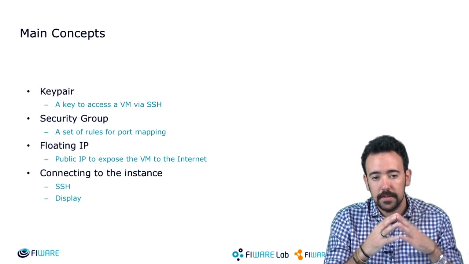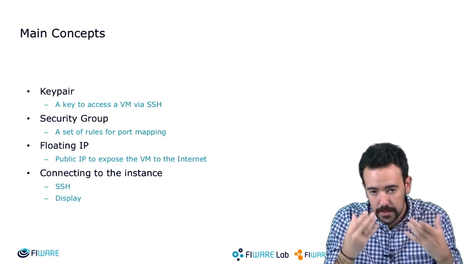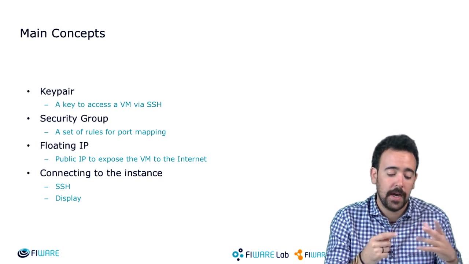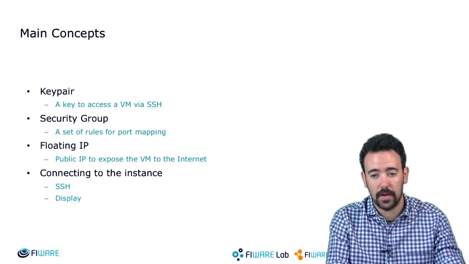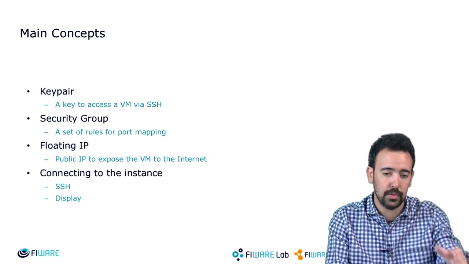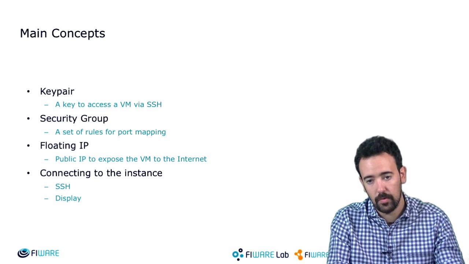A floating IP is the public IP that will be accessible from the internet, and once everything is configured and the instance is correctly launched, you will be able to connect to it using SSH and also an